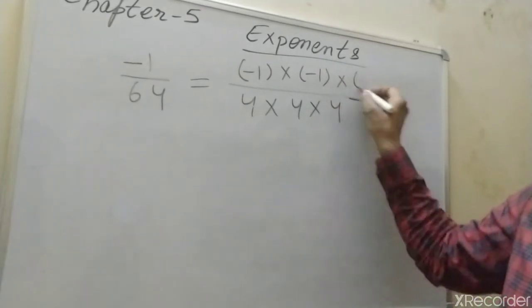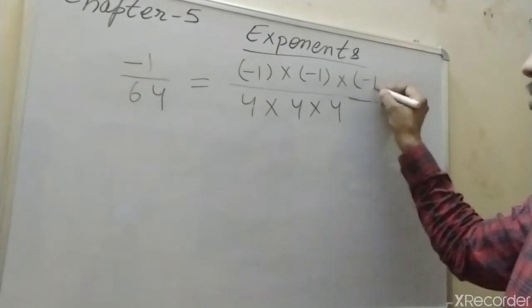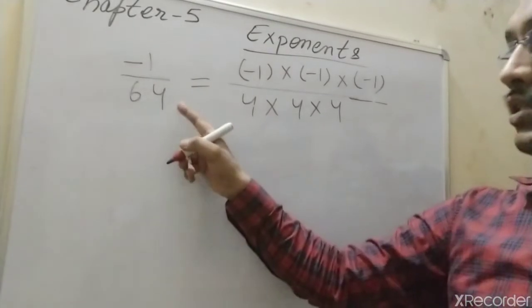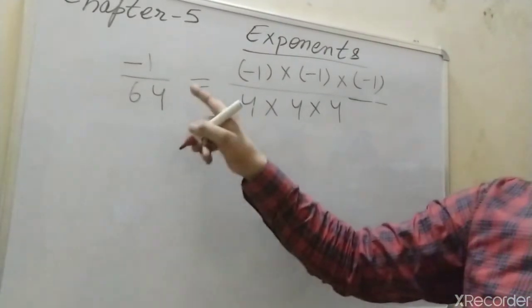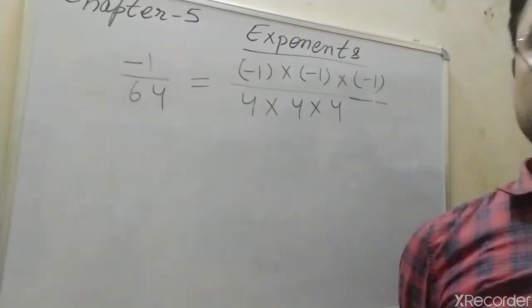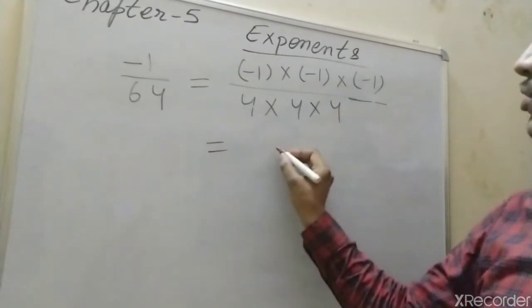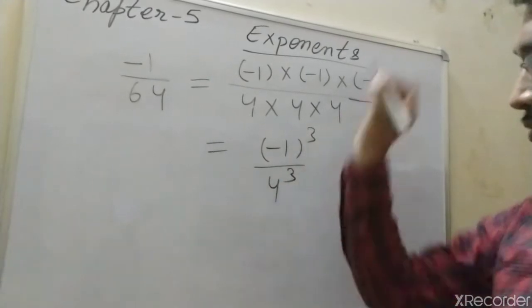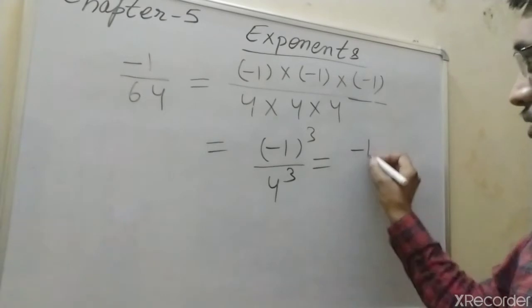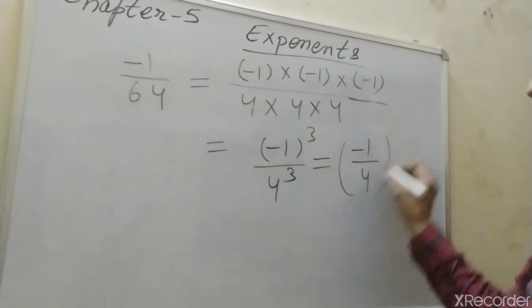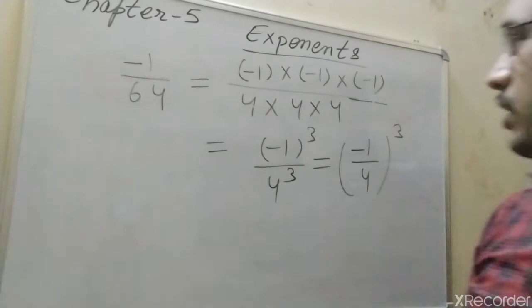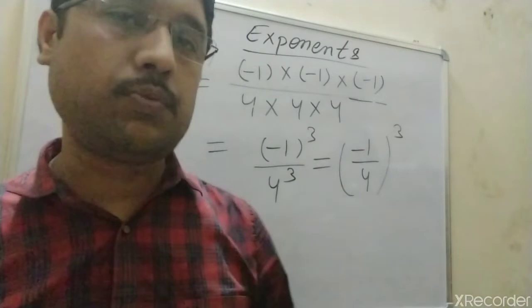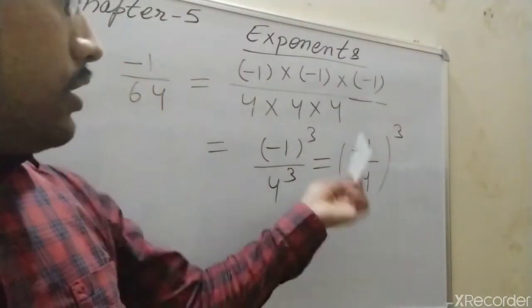it has other exponential form also. The given number has other exponential form also. We can write this 2 to the power 6 also, because 2 to the power 5 is 32. Then if you give 6 power to 2, that is equal to 64 only. So this you can write minus 1 to the power 3 by 4 to the power 3 here. So this is minus 1 by 4 to the power 3. So this way we can convert such number also into exponential form.